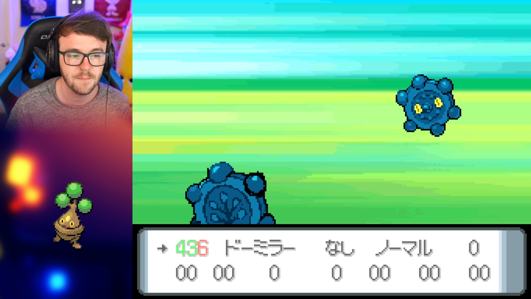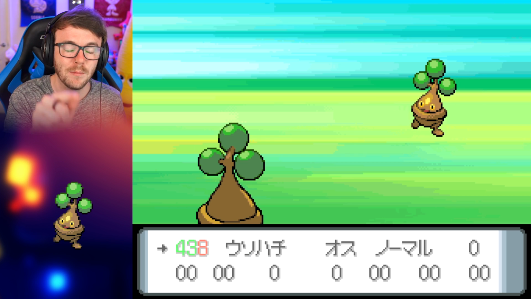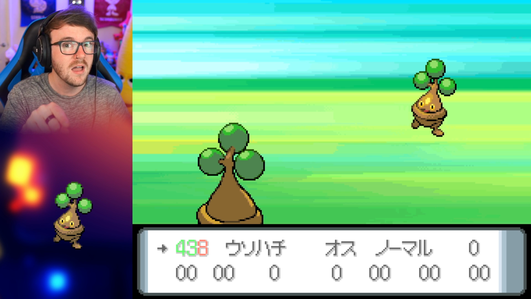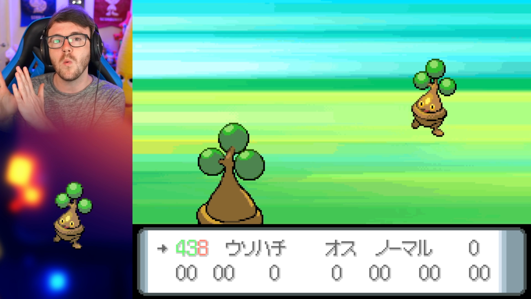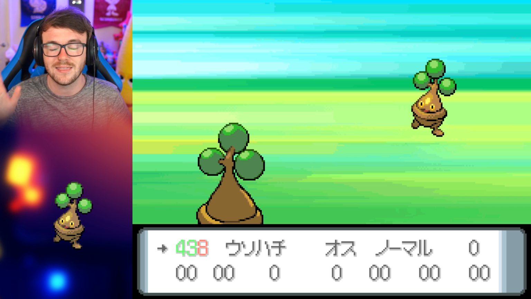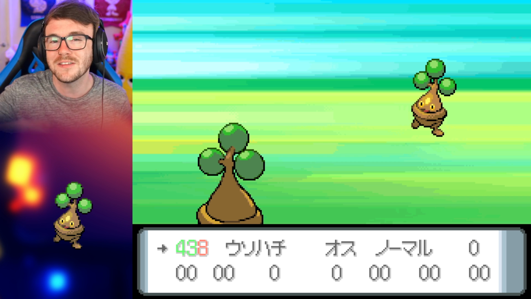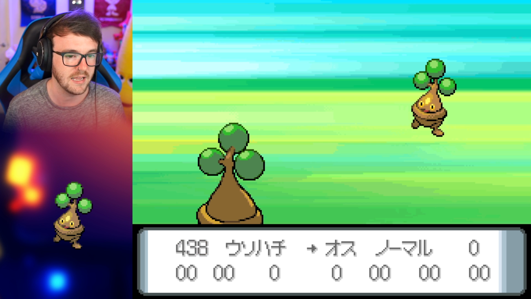The cry we've been listening to the entire time, until I saw it, was Bonsly. If you remember, in the other demo, or the other beta, that I looked at, the first Pokemon in that line was Bonsly, so it's just using Bonsly's cry. That's why I keep hearing it, and it wasn't until I saw the Pokemon that I realized it was his cry. So that's Bonsly. Bonsly was basically done, wasn't he? Because he was in the other game, so...